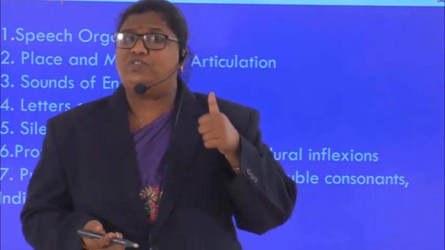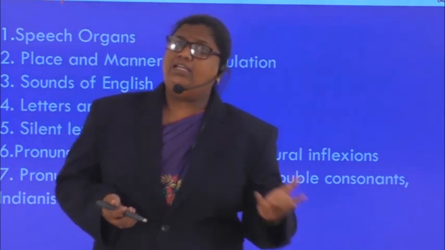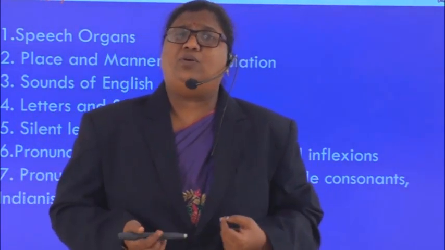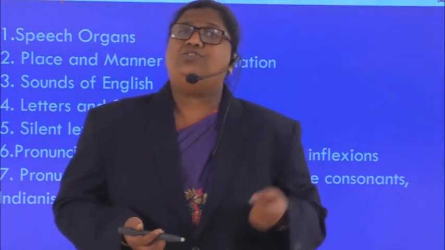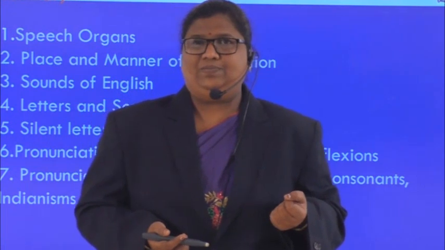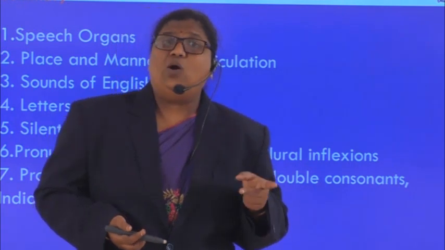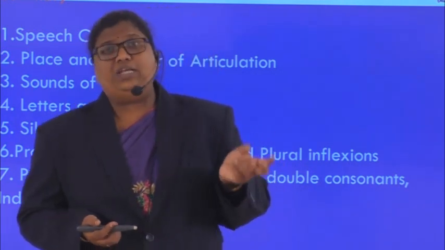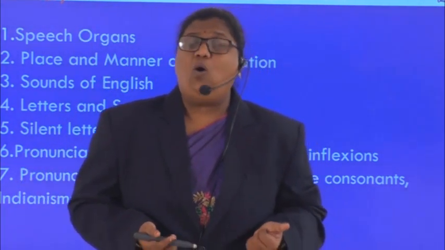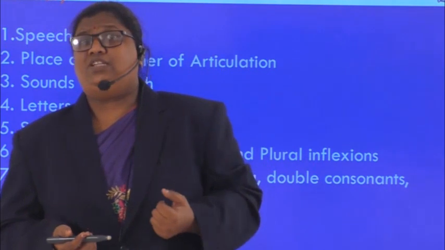And I told you the rules of silent letters, the rules of past tense inflections, plural inflections, and double consonant letters, and there are a couple of Indianisms which we keep on using because of our mother tongue influence, that you also need to overcome. Like for example, west, west. When you say west, we use the v sound instead of the w sound, or the w sound instead of the v sound. So v in village is a labiodental sound, w in west is a bilabial sound. So the meaning is also different for both the words.